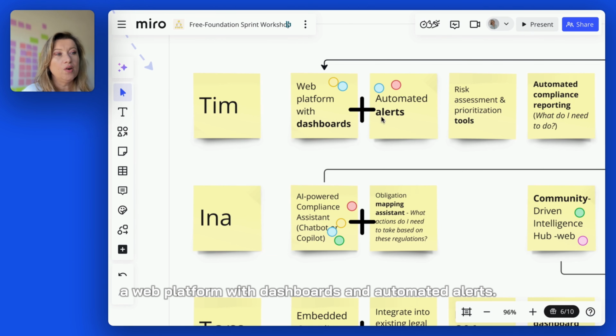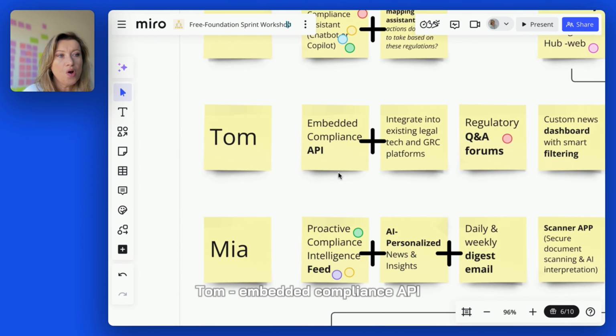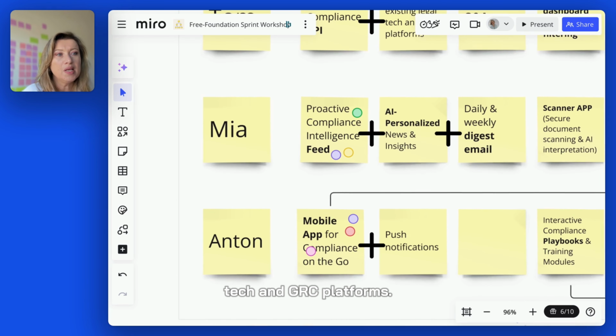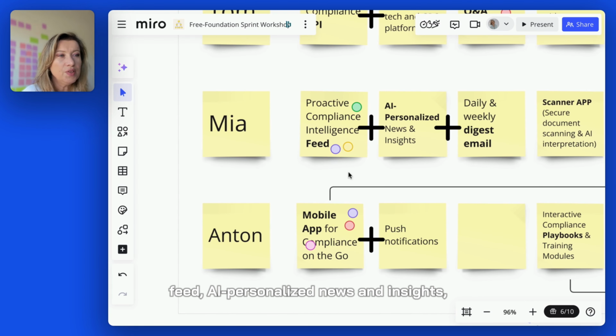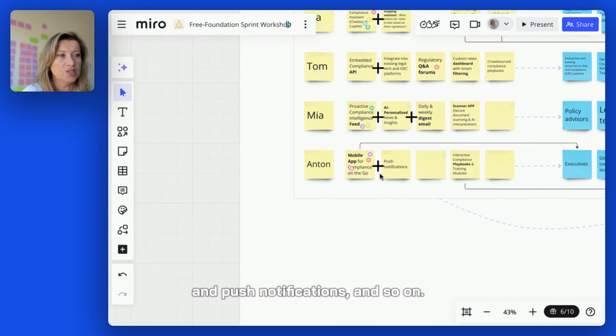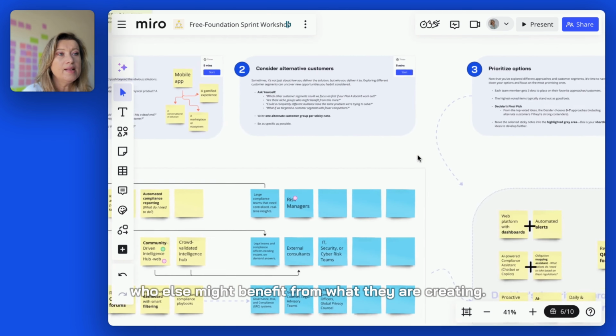platform with dashboards and automated alerts; Ina, an AI-powered compliance assistant plus an obligation mapping assistant; Tom, an embedded compliance API that integrates into existing legal tech and GRC platforms; Mia, a proactive compliance intelligence feed, AI personalized news and insight plus daily and weekly digest email, and then a mobile app for compliance on the go and push notifications, and so on. Now that the team thinks of these solutions, you can also ask them to jot down who else might